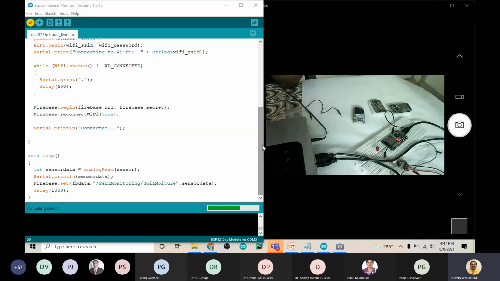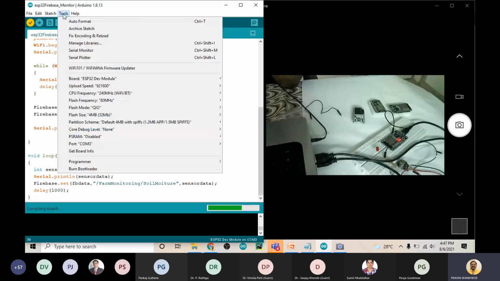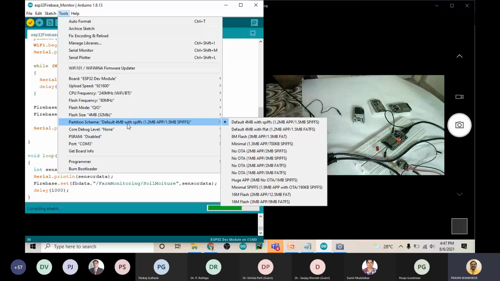I got one question: what about the security of data? Let me tell you that the ESP32 itself supports encrypted data transfer, that is AES and ACS. If you go to Tools, you can check what type of security it provides.